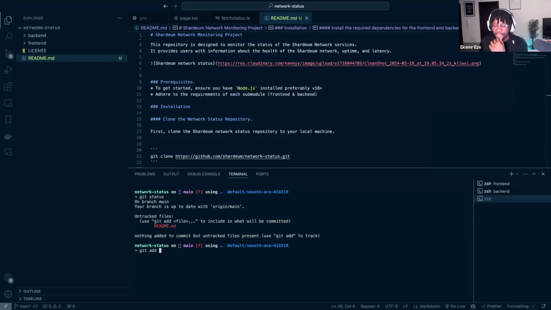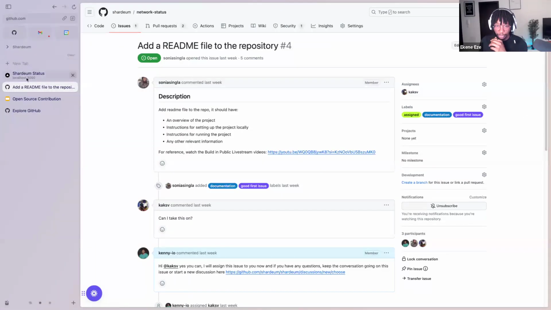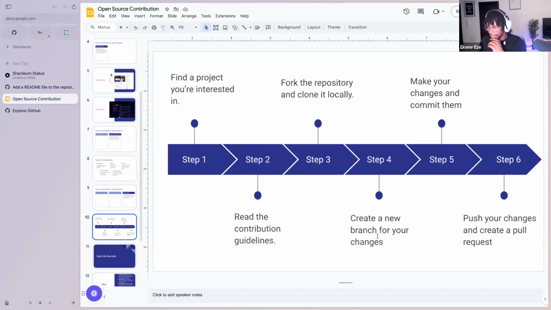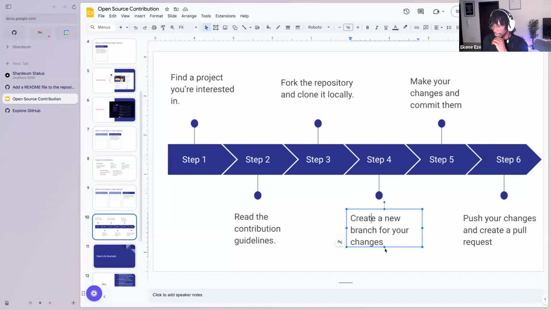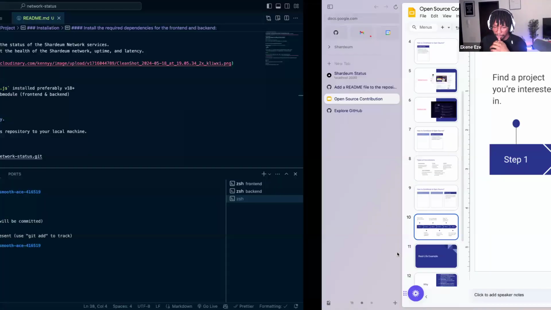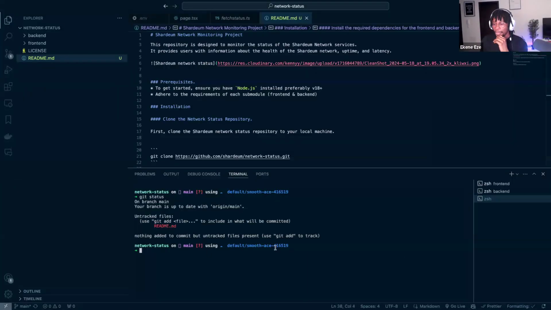Okay, something that I said we should do that I didn't do, that I just remembered now, and I'm really happy that this is happening right now. See this step 4, create a new branch for your changes, right? I forgot to do that. When I did the clone, I started working directly in the main branch. But well, it's not too late to do that.